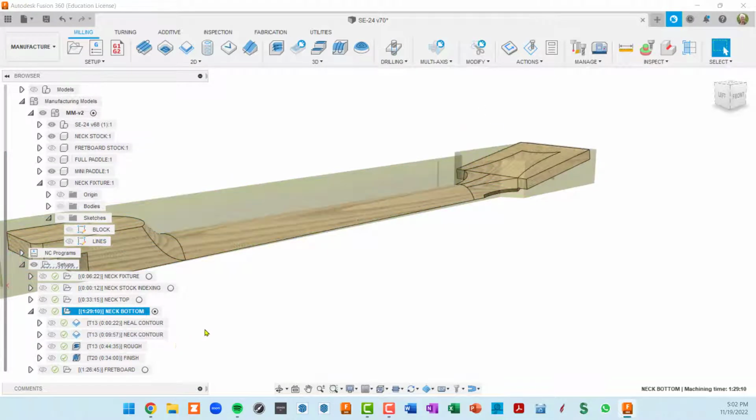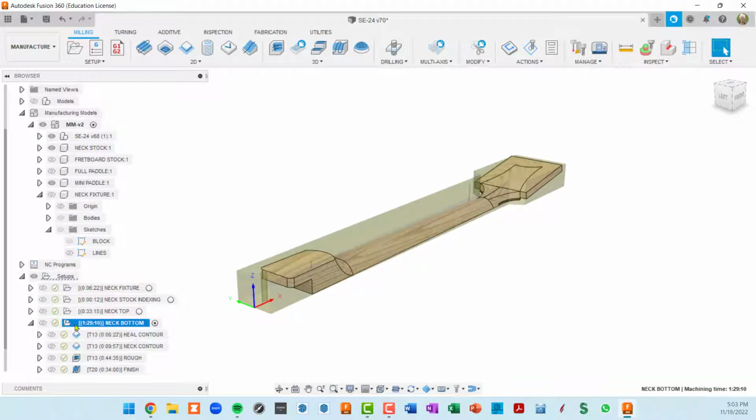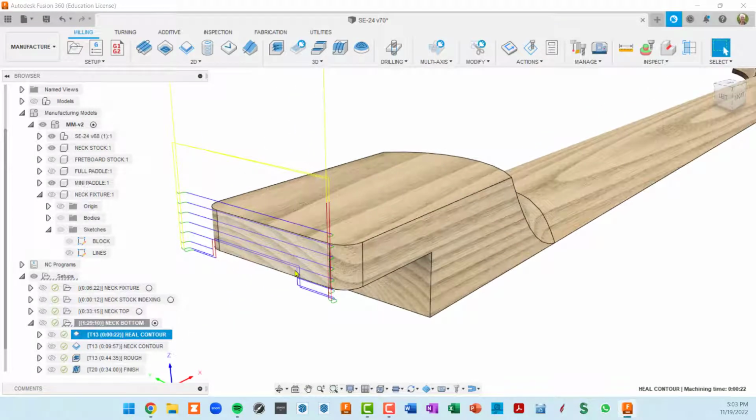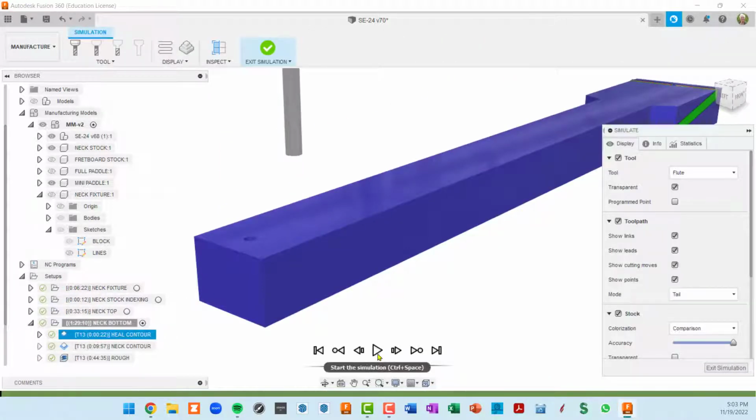Here are the individual toolpaths. So the first one is a heel contour. And the reason I contoured just the heel is I actually want a tab to keep this neck attached to the part that is indexed to the fixture. Just for safety's sake, these are all being attached by two-sided tape, which works great, but if something goes wrong, it's nice to have that index pin in there so that this thing doesn't pop off. So if I simulate this, you'll see this first toolpath